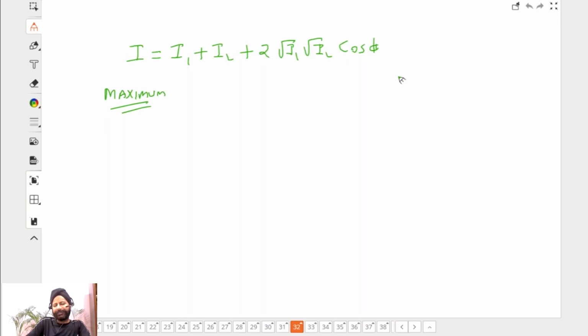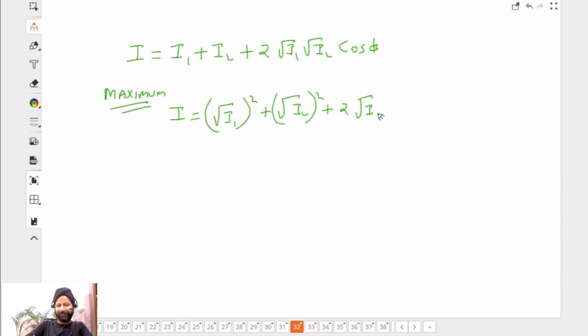This value is maximum when phi is 0, right? Or cos phi is 1. So the maximum value will be I1 plus I2 plus, and this will become 1, right? So can I not write this as root of I1 square plus root of I2 square plus 2 root I1